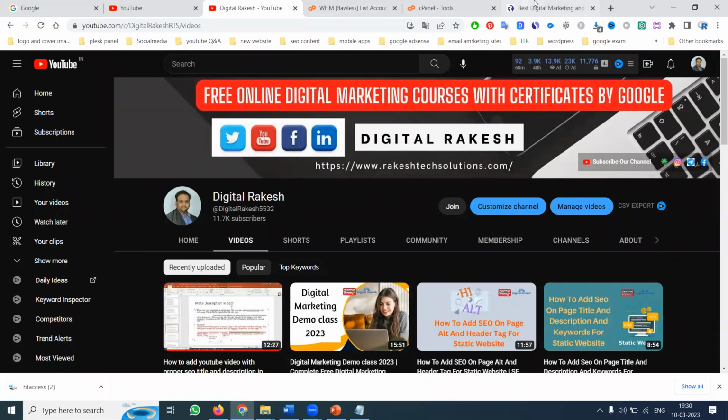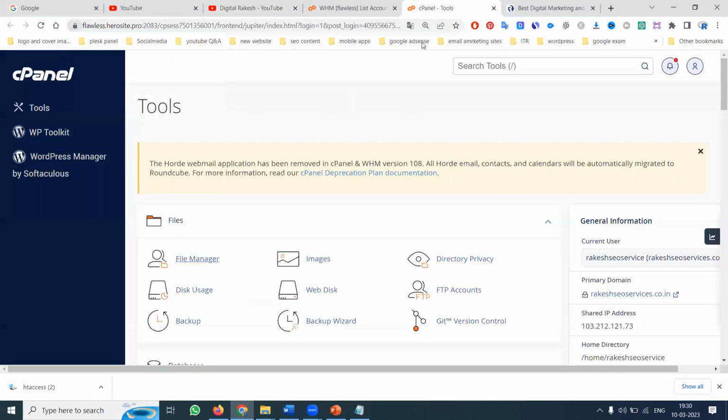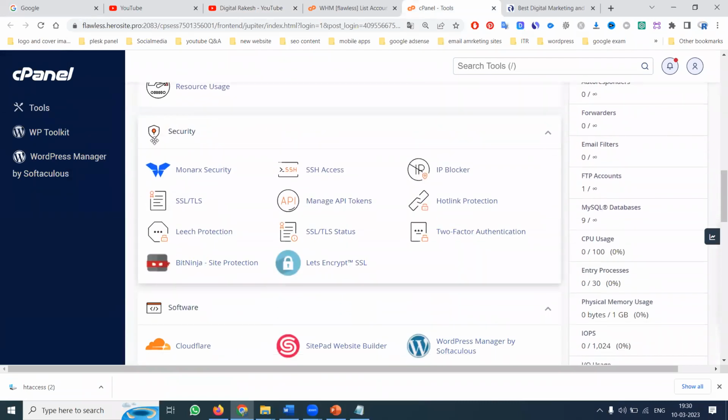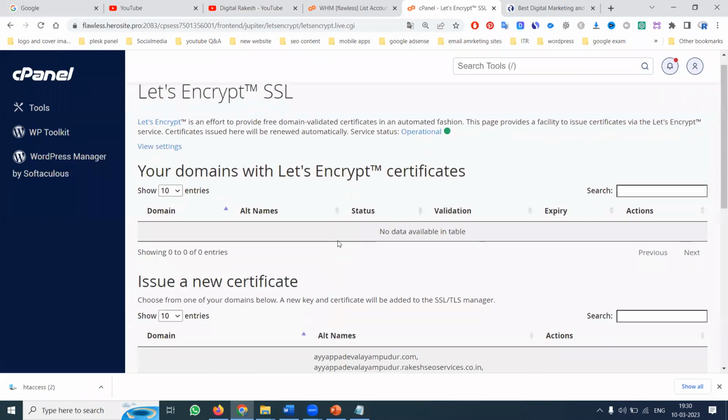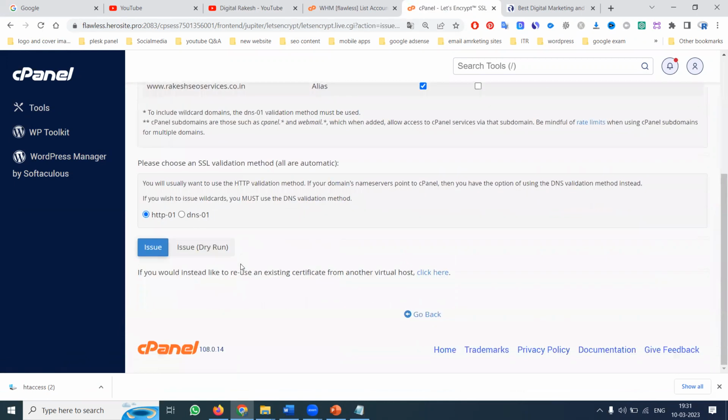So the major topic is how we can activate SSL certification on any website. If you go to cPanel, there's an option called Security, which cPanel has optimized for this feature. Let's Encrypt SSL will issue your particular SSL, which will be used for this option. You can click on it and start your procedure,